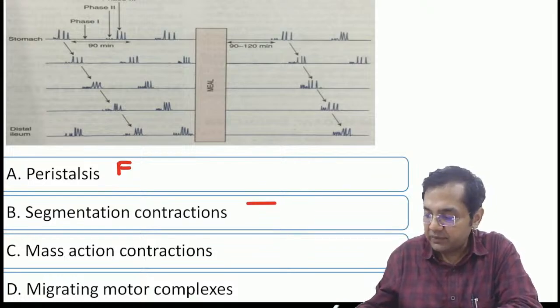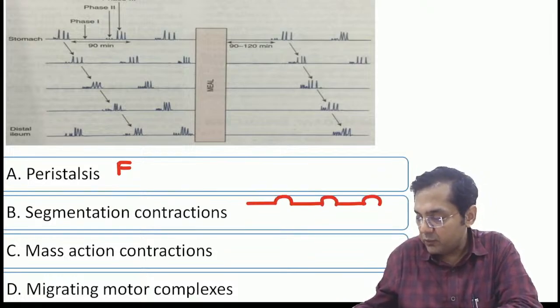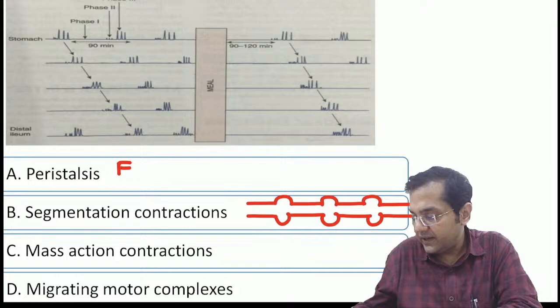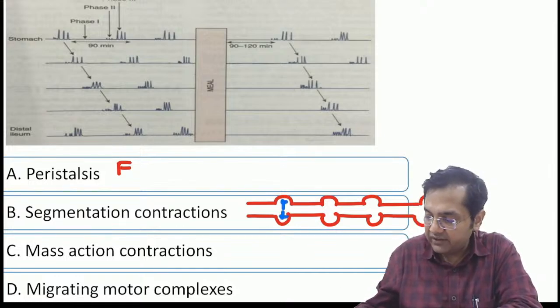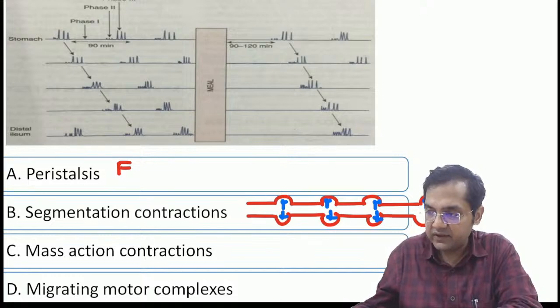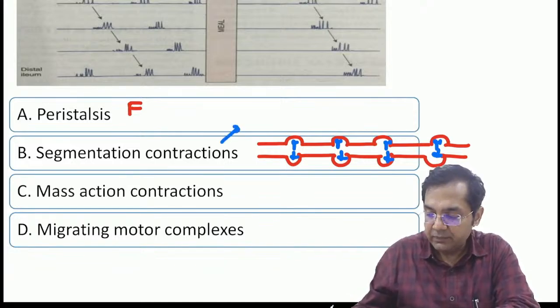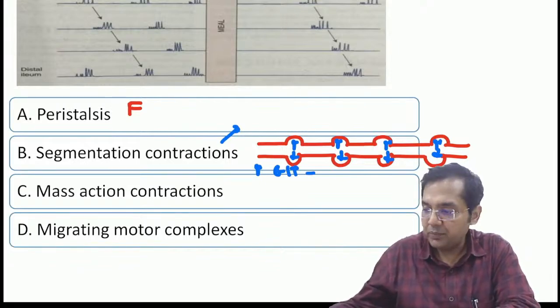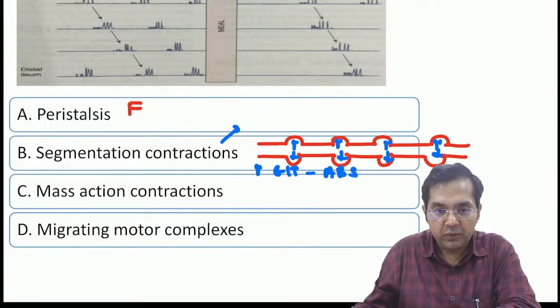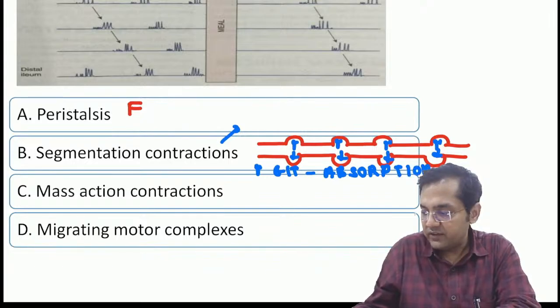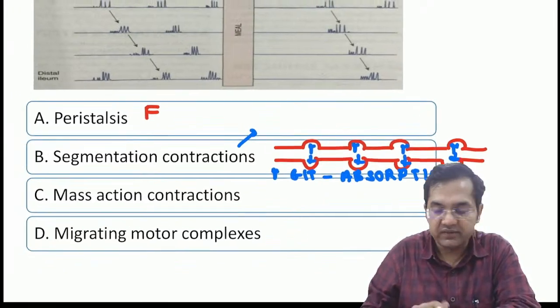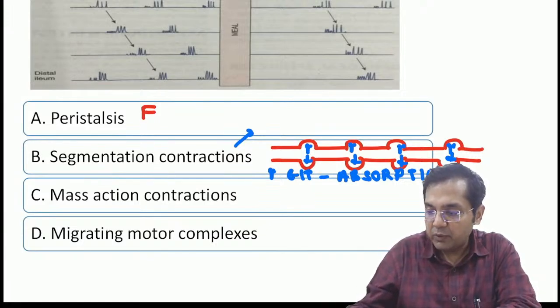Segmentation contractions, remember, are ring-like contractions in the small intestine which happens like this. These are ring-like contractions in the small intestine which move the chyme to and fro. So your chyme will move like this. What is the advantage of moving the chyme to and fro? It will facilitate absorption. It increases the GIT absorption. So this is also going to occur after having meals. Peristalsis, remember, forward propulsive